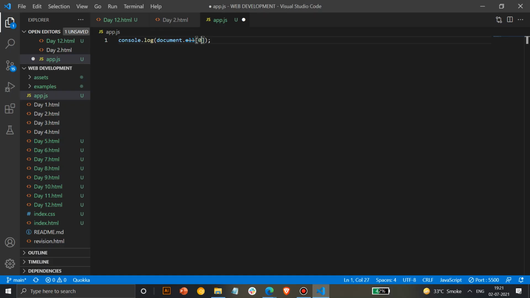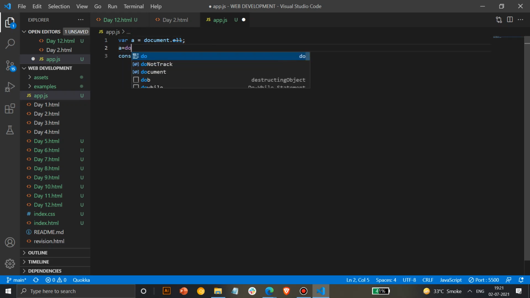I think this must be a little difficult to understand, but you will gradually understand it. Don't worry. I'll take a variable and then show you. That will be better. Document dot all, and then we'll do a is equal to document dot all 0. Or what if I do 0? Anyone, what will be the output? Guess the output. Or if I do 1, what will be the output?